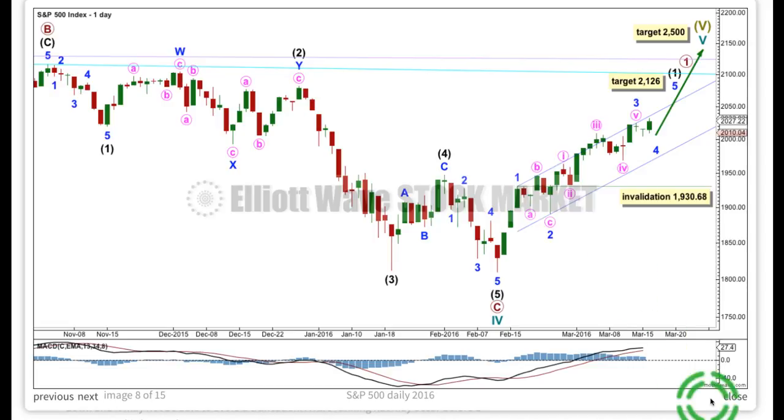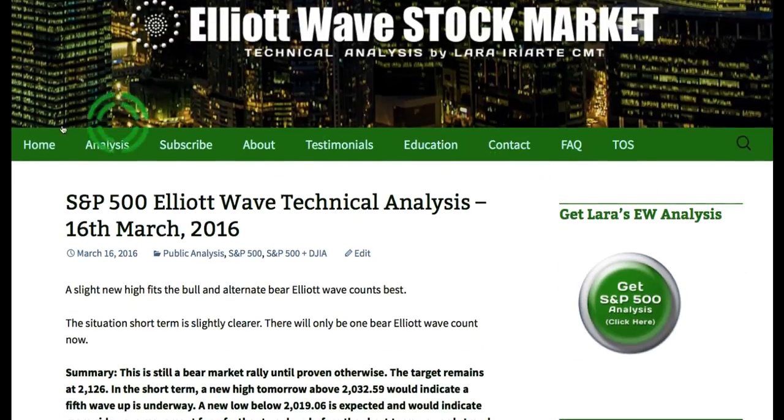We are not there yet. So this upward movement we've been seeing for the last few weeks is a bear market rally, until proven otherwise. That's all for me today with your S&P analysis,